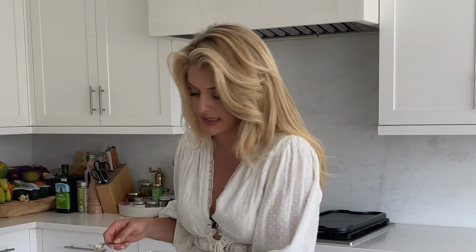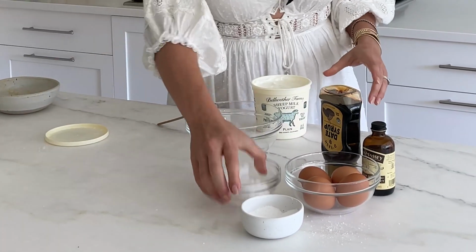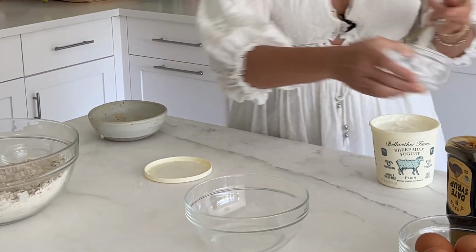Set that to the side. We are going to combine it with the wet next. In our bowl here, I want 2 cups of yogurt, 4 eggs, and some melted coconut oil. I'm going to melt this in the microwave just 30 seconds. It's 2 tablespoons of solid coconut oil. All right, and now we have liquid coconut oil. Add that to your bowl so it can cool down with your yogurt so you don't risk cooking your eggs